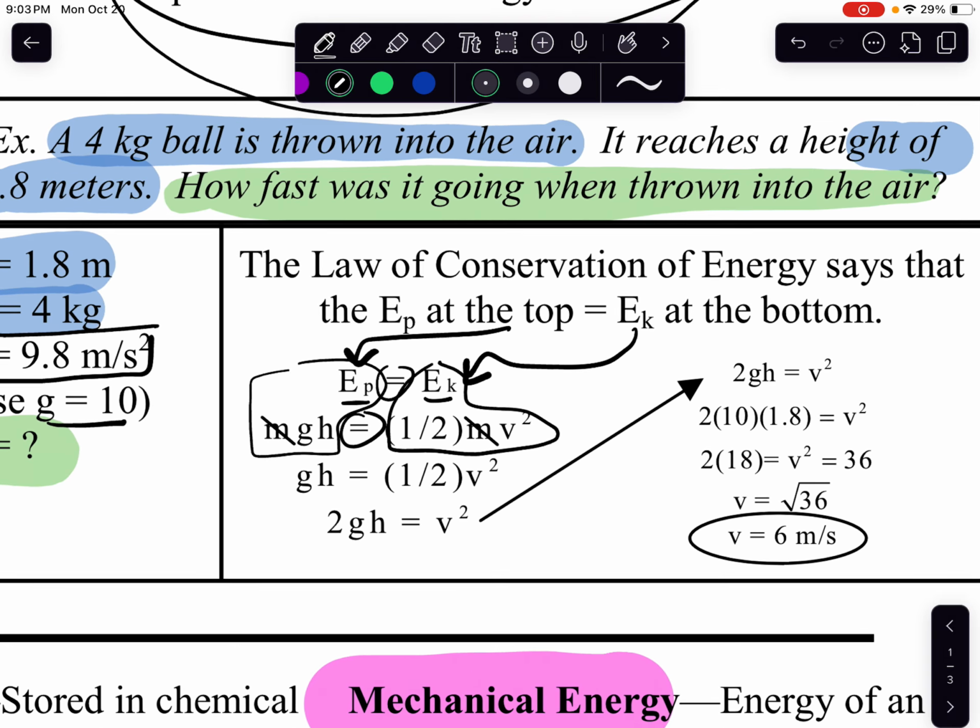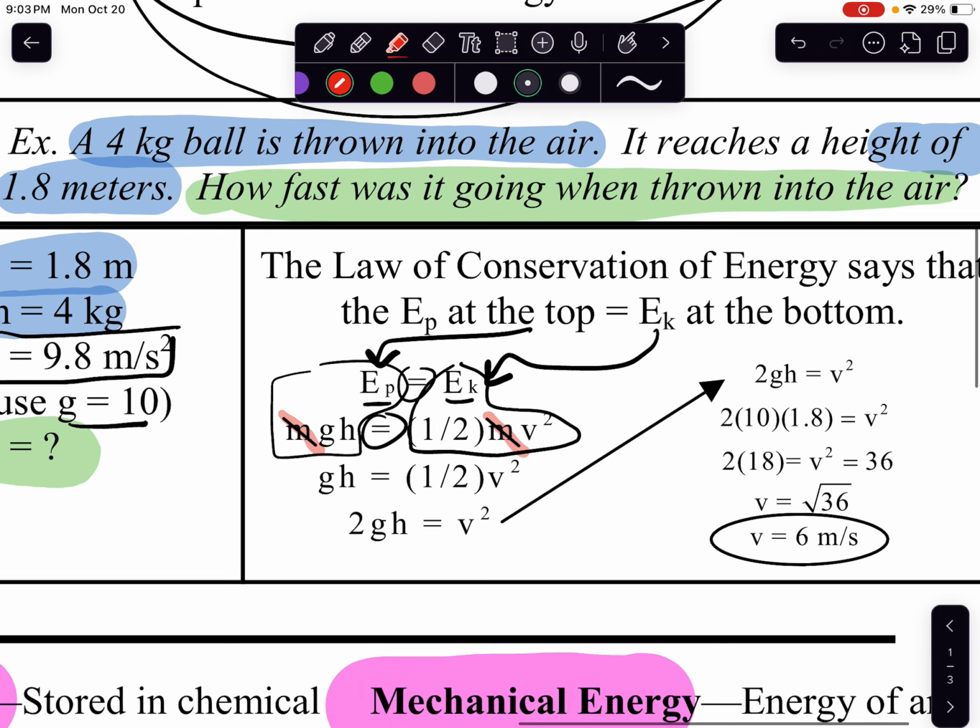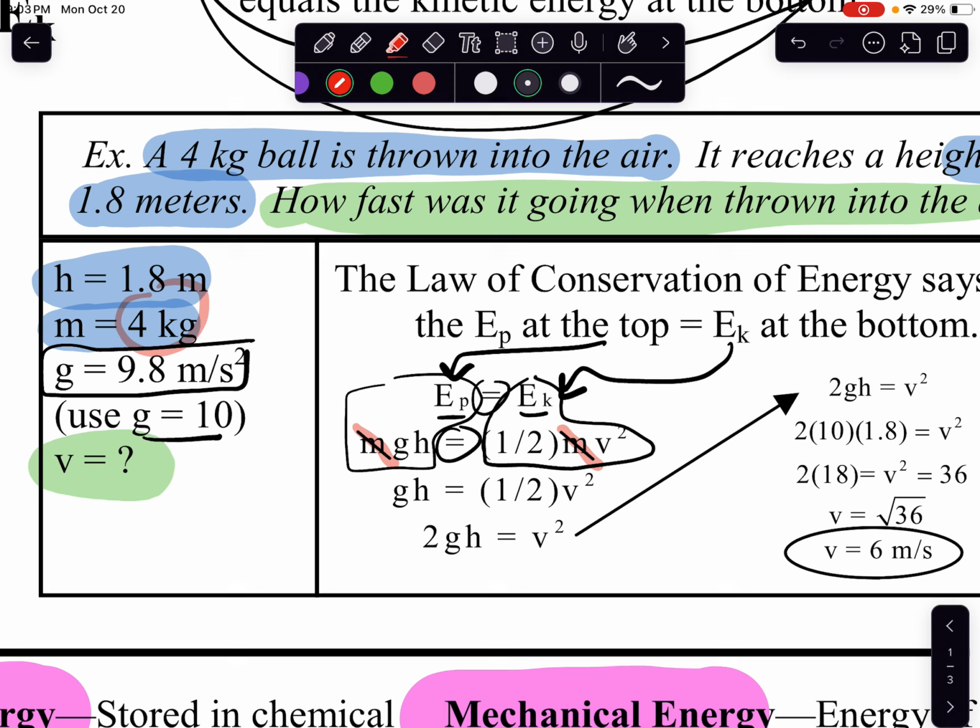And then we talked about this yesterday, but just to reiterate it again, they went in and canceled out the m's, which is fine. You can leave them. Canceling them out simplifies it a little bit. Because it's going to be the same number on both sides, a 4, we can just go ahead and cancel it out. So they did go ahead and do that. That's why that happened. You could have left the m in there, and you could have plugged in the number 4 for that. So what we're left with